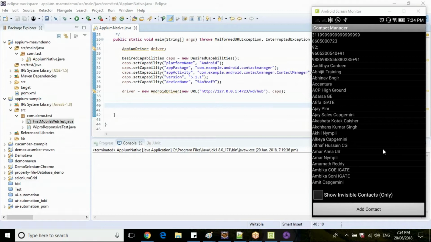Monitor. Inside device monitor, we have multiple things, Pallavi.